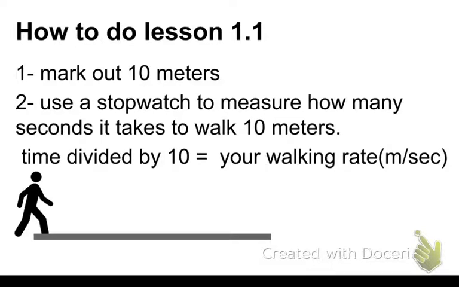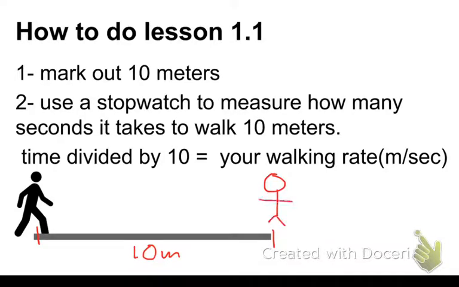Okay, so lesson 1.1. Here's how you do lesson 1.1 in the classwork. In the classwork, it asks you to find your rate of speed. Here's what you're going to do. You're going to first ask Mr. Briggs' permission. This is important. Go ask Mr. Briggs' permission. Take a meter stick and with a partner, measure out 10 meters. Okay? Then, use a stopwatch or clock and have a friend